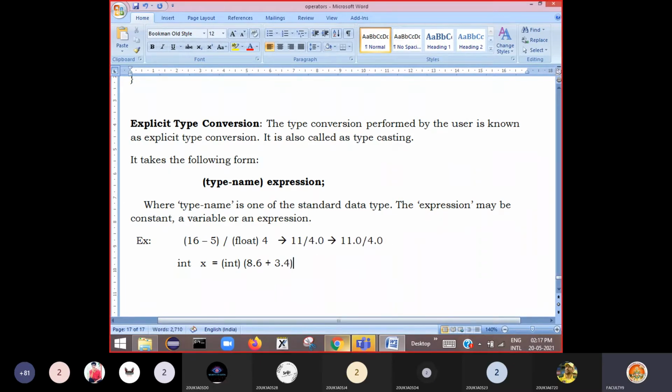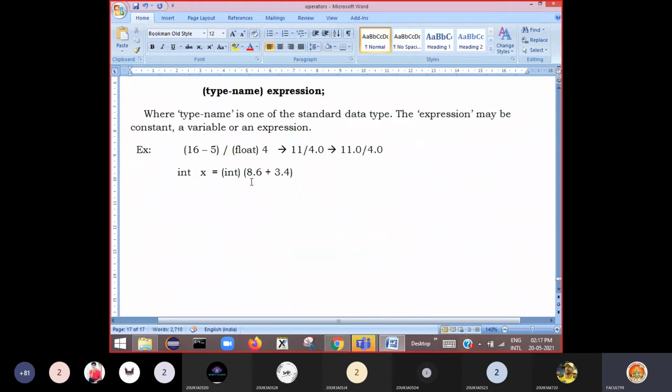What is the result I will get? Let me show here. 8.6 plus 3.4, how much will I get? 8 plus 3 is 11, plus 1, 12. So I will get 12.0 here. The 12.0 will be converted into integer 12, and that 12 will be stored here.